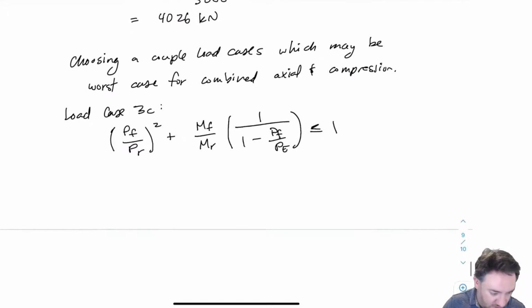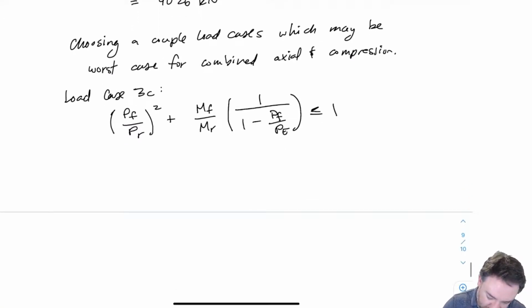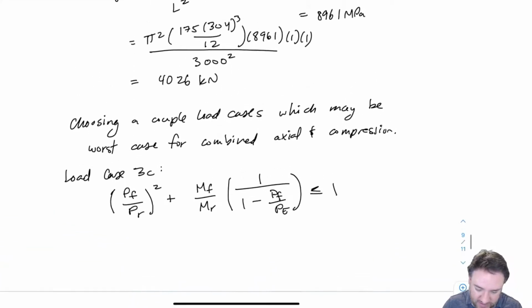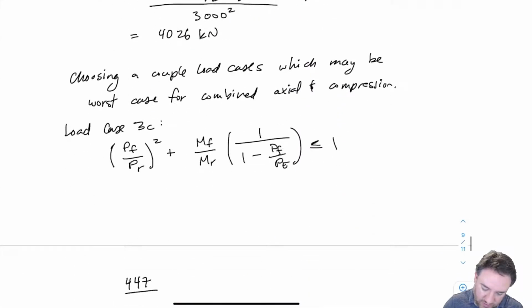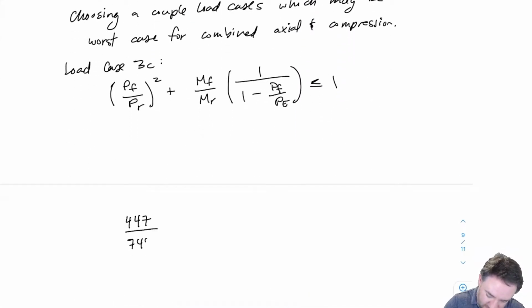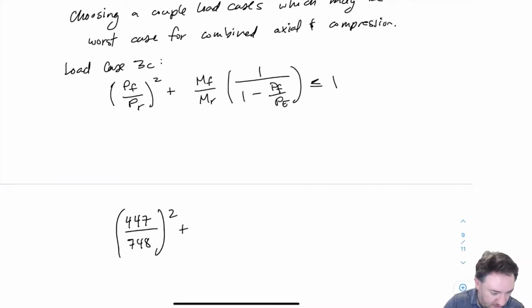Okay, so let's sub in all those values. Our PF, our maximum PF, is 447. Now, that's the one from load case 3C. Our PR, and this is going to be for strong axis, is 748. I take that, I square it. And then my MF for this load case is 17.9. My MR,